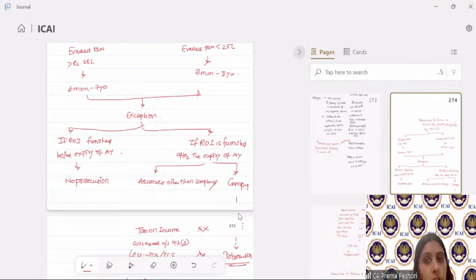Is that clear? Irrespective of whether assessment proceedings had started or were going on before the death of the deceased, the assessment of the income will be done in the hands of the legal representative. All the assessment proceedings taken against the deceased before his death will be continued on the legal representative, and even new proceedings can be initiated against the legal representative.